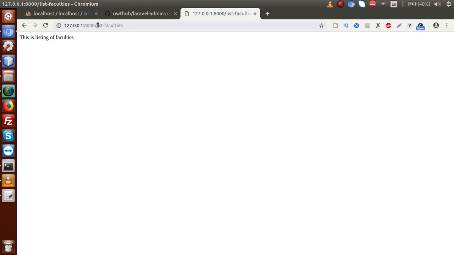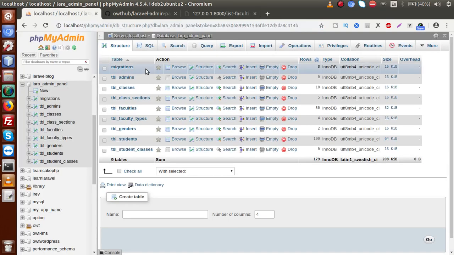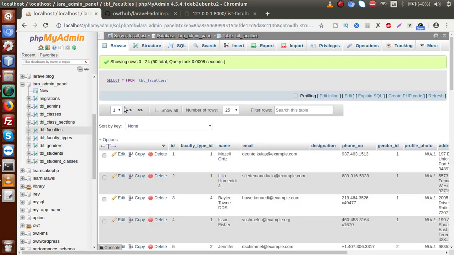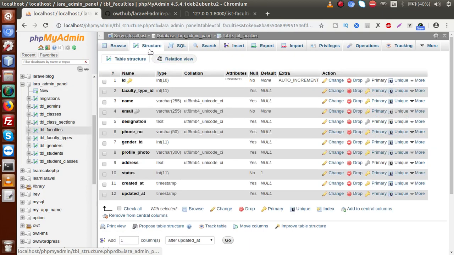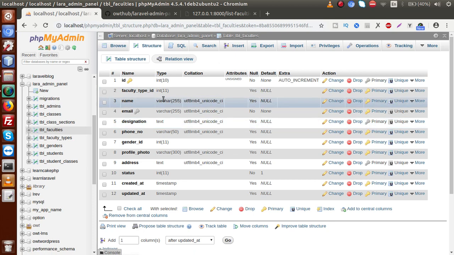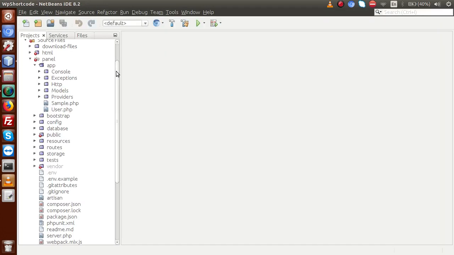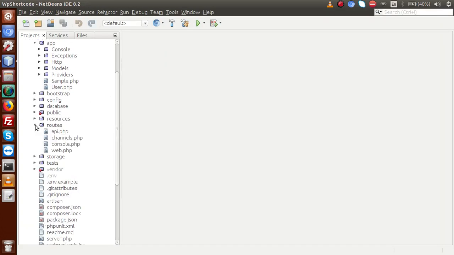So now this is the route actually we are using, and for that this is the table structure called TBL faculties, and inside our Yajrabox data table we have to put all the columns from this table. Okay, so I'm going to copy this route. Just copy that, go to editor. Inside this editor, if we go to routes.php and web.php file,